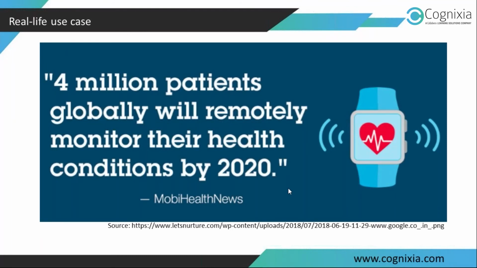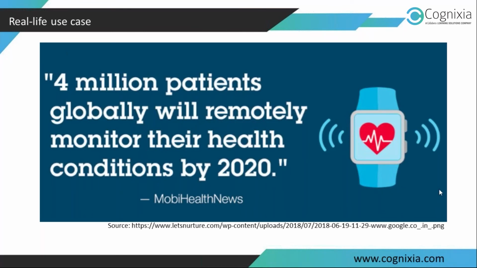Now let me give you a real-life use case. Whatever we discussed just now, the different components of an IoT ecosystem, I shared just to give an idea, because 1.5 hours is obviously not enough to talk about this technology. It takes hours, and I can go on when it comes to IoT.